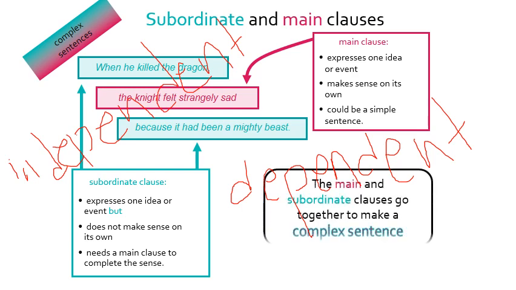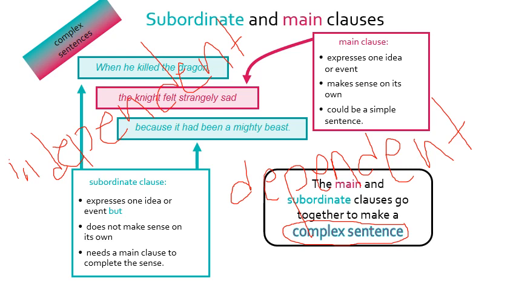Okay. So the main and subordinate clauses go together to make a complex sentence. Did you get the point now? When the main clause goes with the subordinate clause correctly, in a correct way, they make what? A complex sentence. So again, we repeat to make it clearer for you that in the complex sentence I have